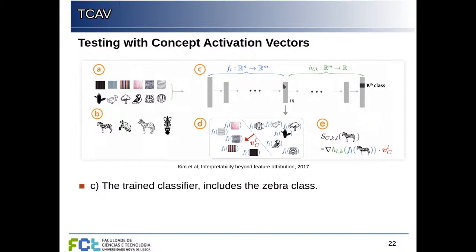And we're going to pass these through the network and obtain the activations at the layer that we want. So using those activations for each of these examples, we are going to use a linear classifier to separate, using these activations as features, the examples that correspond to our concept, the striped patterns here, from everything else that is not a stripe pattern. And this will give us a linear decision surface that has a normal that is defined by